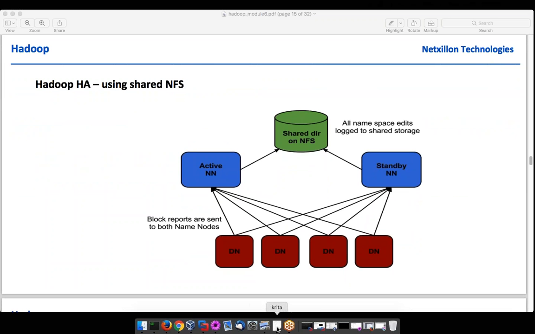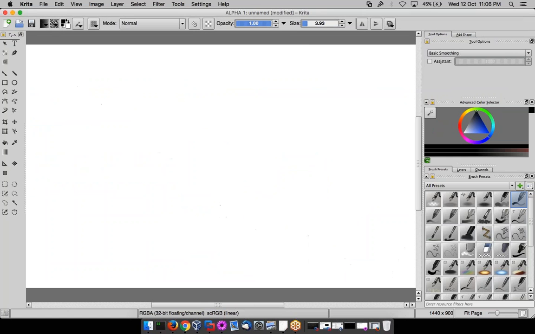So let me give you a quick recap of how the name node is keeping track of metadata, and what are the critical locations we have in name node where the data is actually stored. Let me just give you a simple drawing. Let's say I have a name node. I will denote it by NN,